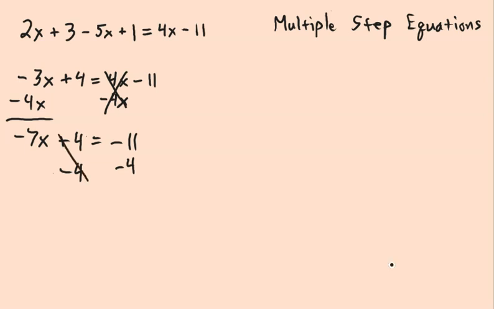to both sides. Over here, it's going to cancel. Over on the right, we'll bring down the equal sign. Negative 11 plus negative 4 is negative 15. And then we're just going to carry down the negative 7x. Now, the